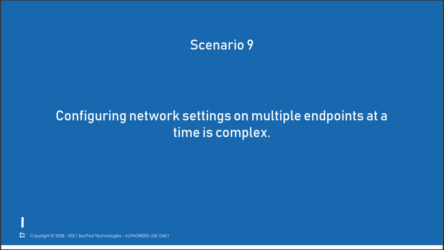Configuring network settings on multiple endpoints at a time is complex. As part of an IT infrastructure, it is very necessary that the endpoints meet the network settings or certain important network settings are configured inside the endpoints. So, Aldrin, how do you think they can get this done using Sendo? Yes, it's not an easy task to manually configure network settings across an organization for all the endpoints, Dikshita. We do have a solution for this as well. Let me show you the options that we provide from Sendo.